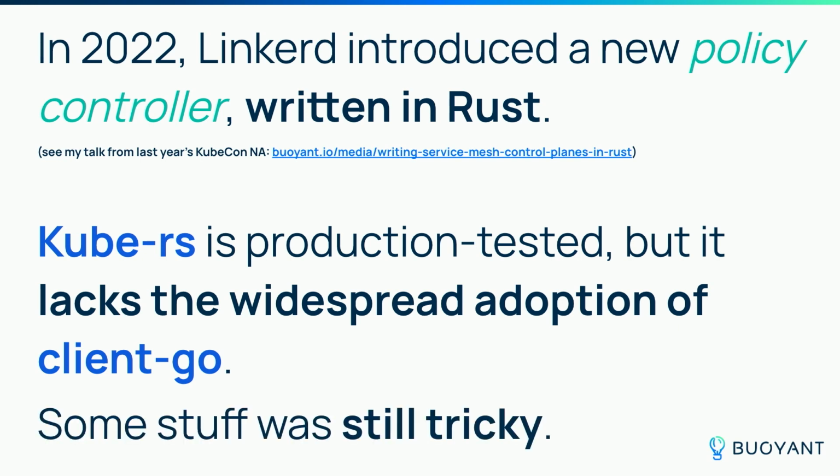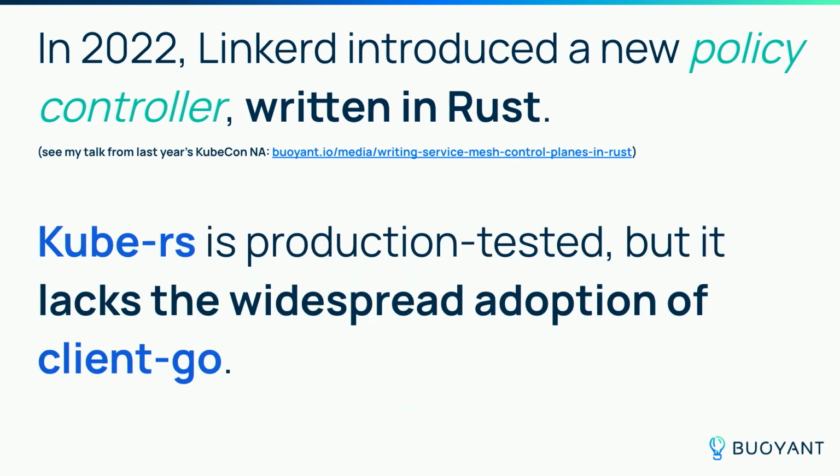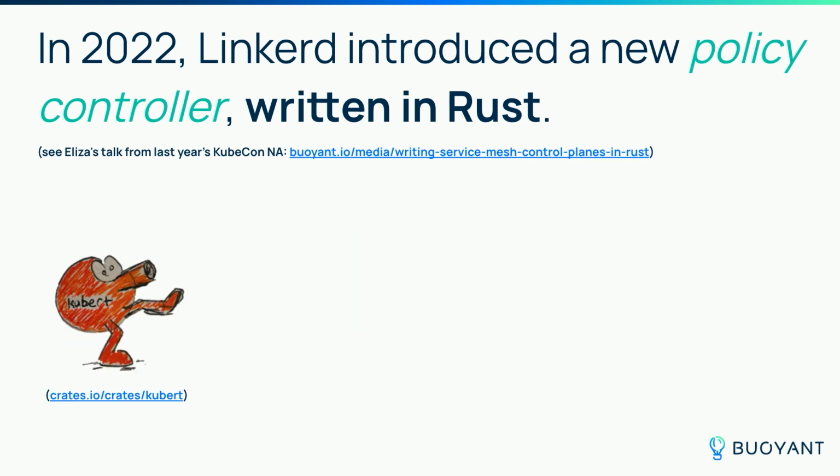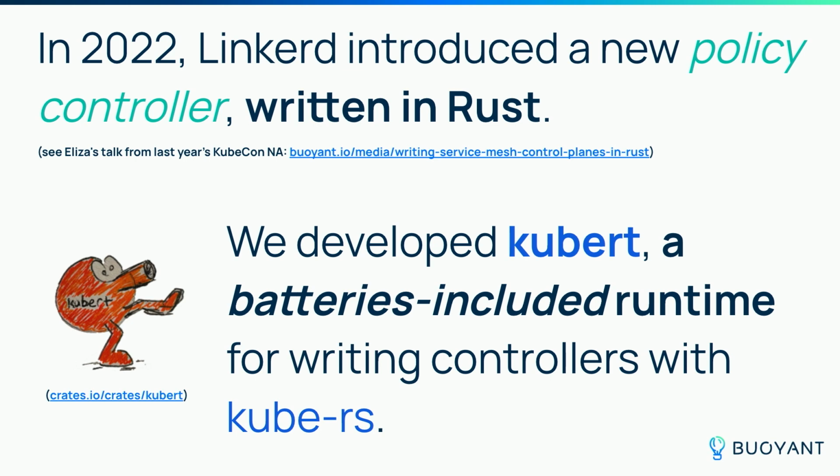And we did it. It worked pretty well, but there were a few things that were still a little bit difficult, especially around writing controllers in Rust. There's a lot of stuff in client-go around watching resources for state changes in Kubernetes and doing reconciliation loops, and there wasn't a lot of infrastructure in place for that. So we wrote some. We created a library called kube-runtime, which is a batteries-included runtime for writing controllers using kube-rs, and it handled all of those shortcomings in terms of what you need in order to write a controller for Kubernetes in Rust. So if that's something you want to do, check out that library for sure.